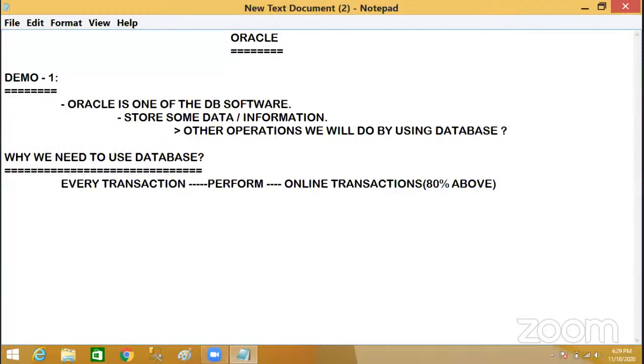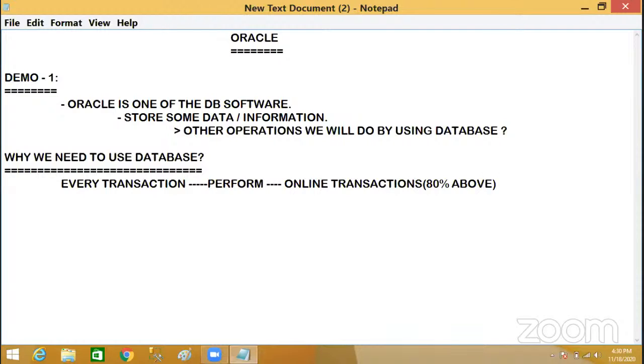Did anybody expect that in a few months, the entire world would be depending on online? That situation has come, and now we are in that situation. Every institute, every educational field is conducting online classes.